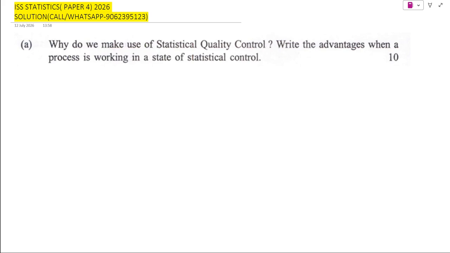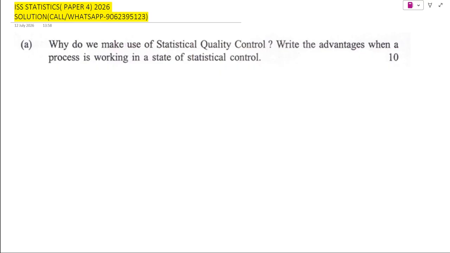Hi everyone. Today we are going to discuss a very important theoretical question from the ISS Statistics Paper 4 2026 examination. And one interesting fact about the ISS Paper 4 is that it is not limited to the mathematical derivations. The examiner also expects the candidates to understand the practical statistical applications in the industries, and topics such as the